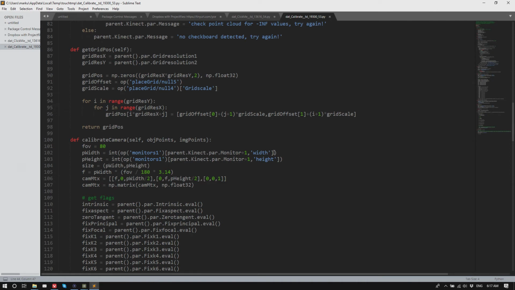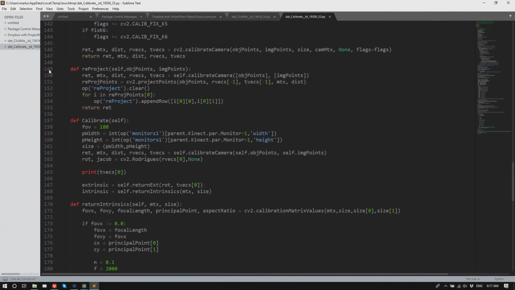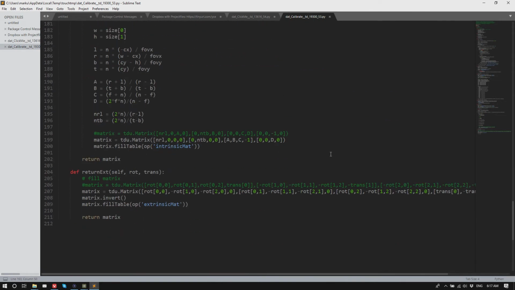But it's good to play around. So the whole calibrate camera is literally one short call to actually calibrate the camera, and the rest deals with changing the matrices, how they're received from OpenCV, into something that can be understood by TouchDesigner.